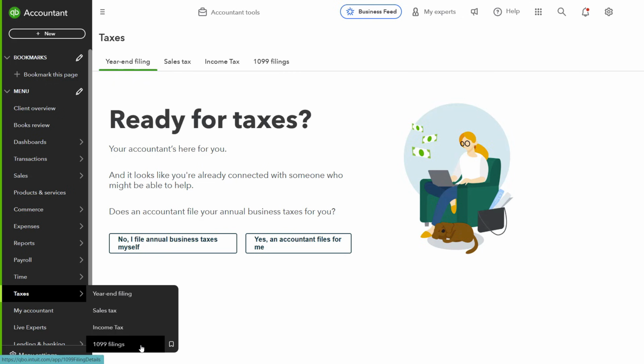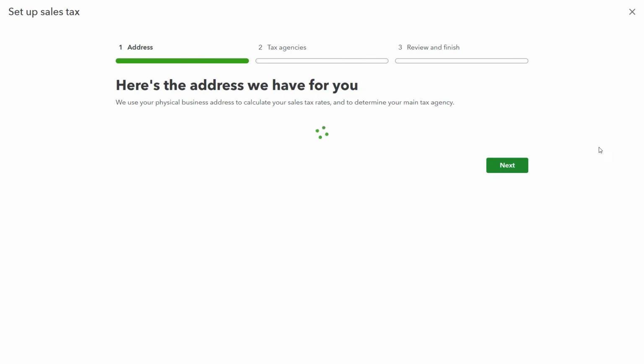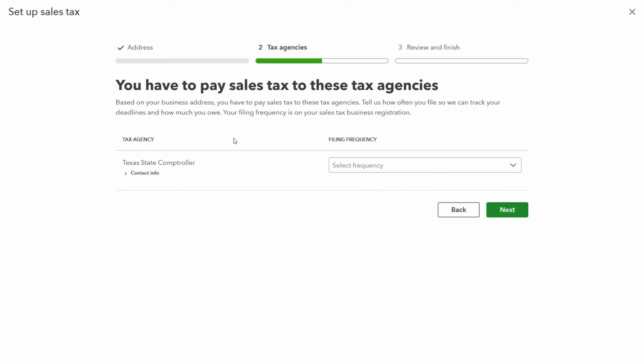US. As we click on sales tax, it will give an option to start from scratch by clicking on Get Started if this is your first time. As we click on Get Started, QBO will confirm your address as initially entered while making an account in QBO. Then select the relevant tax agencies depending upon the state that your business is registered in. As this business is registered in Texas, it will automatically select the relevant tax agency, which is the Texas State